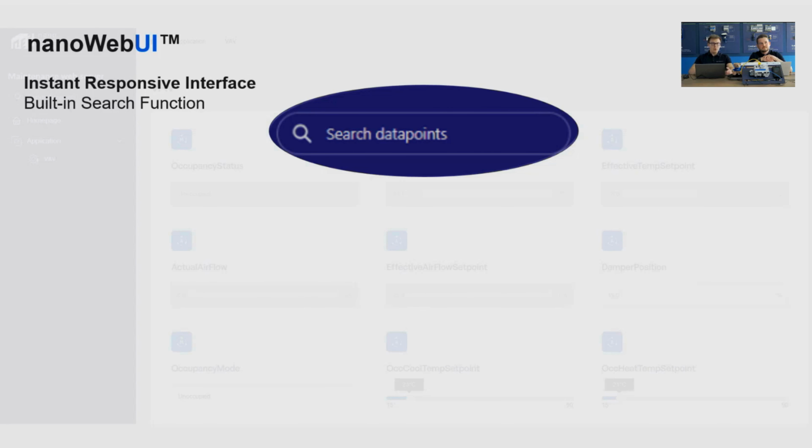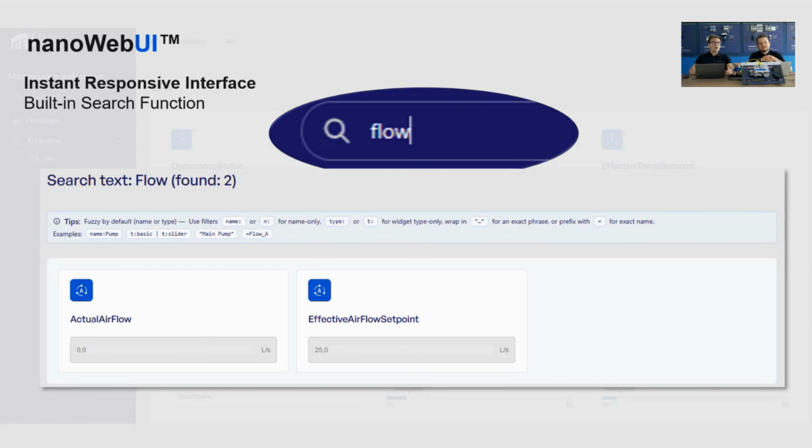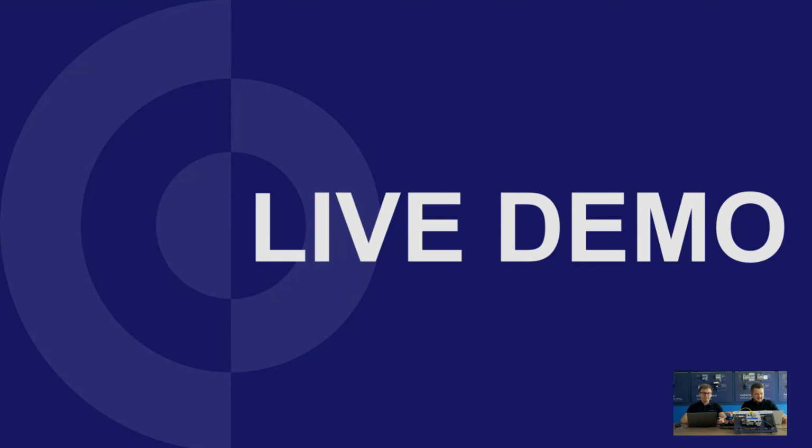That's not all. We also have a dedicated built-in search function, which we can easily use to search for a data point based on the name or tag. Like in that case, we are looking for flow, and in the VAV application we've got two data points with flow in the name, and we can see the actual airflow and effective airflow set point. That is pretty powerful. Why don't we delve now and do some live demo? What would you say? So let's close this